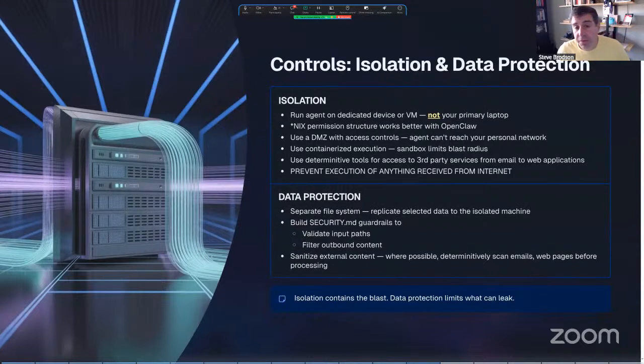Okay, so starting from level 1 and moving upward. The very first principle that I think is really critical is isolation. I do not run this on my laptop. I am very selective in the access that I give it, and I'm also very protective of it on my network. I run my own private cloud in my basement.